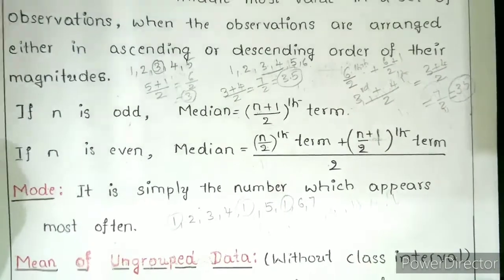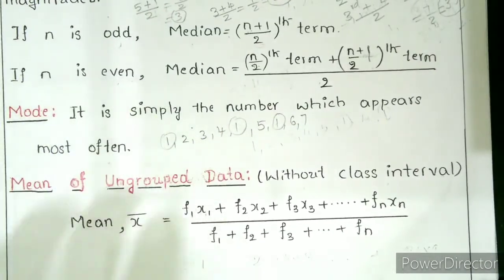Mean of ungrouped data without class interval. So mean x bar equals f1 x1 plus f2 x2 plus f3 x3 plus so on up to fn xn, divided by f1 plus f2 plus f3 plus so on up to fn. So let me give an example. The marks obtained by 40 students in the class out of 25 are given as follows: